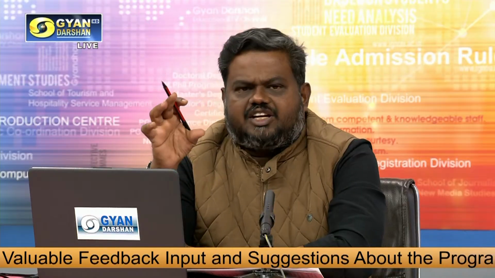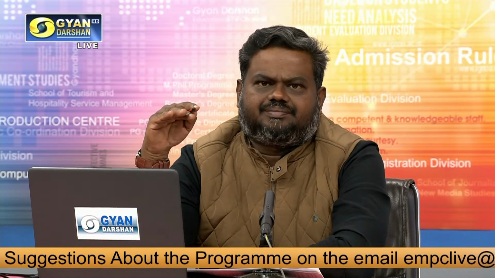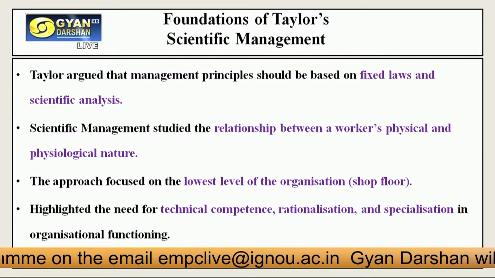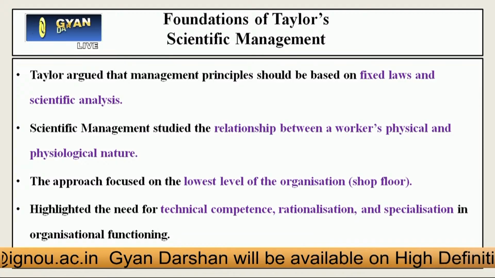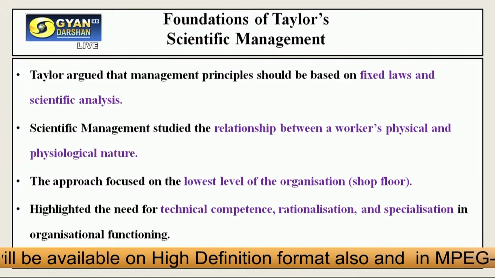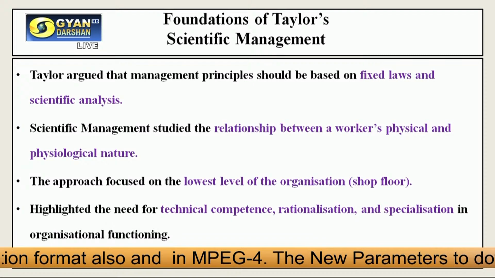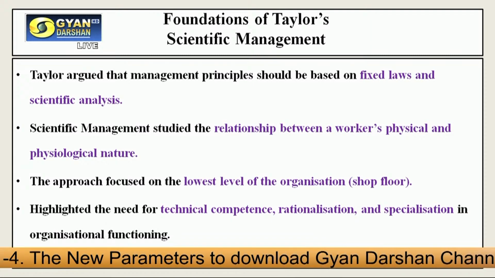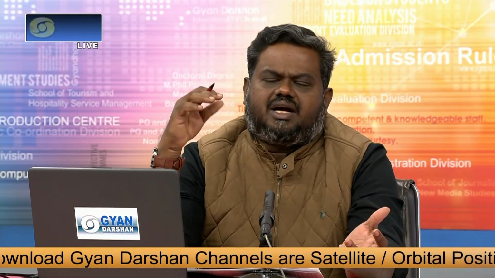So he wanted to show that work is determined by the interrelationship between physical work and physiological work. So mostly in the scientific approach, they have focused upon the lower level of the organization. Okay, they haven't focused upon the top level or middle level. They have focused upon the lower level of the organization, which we can call the shop floor. So in his method, the one best way of doing and designing the task. So this theory focused upon the empirical analysis of various processes. At the same time, the results were efficient and also effective.